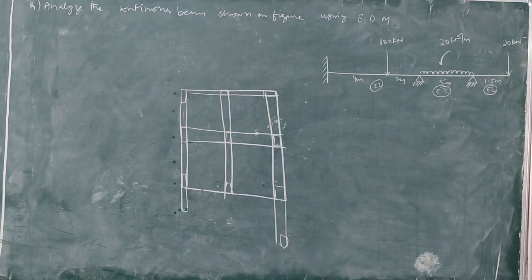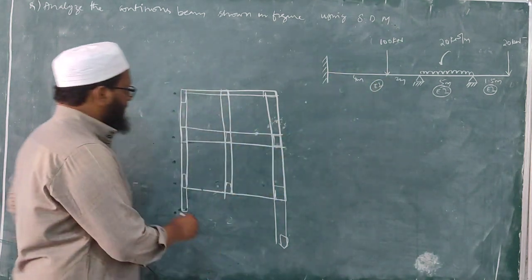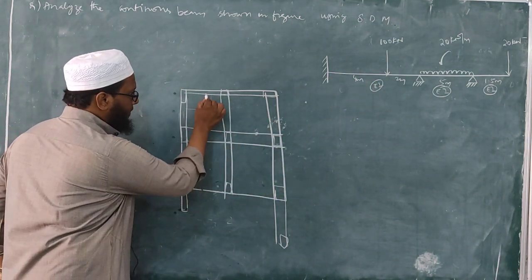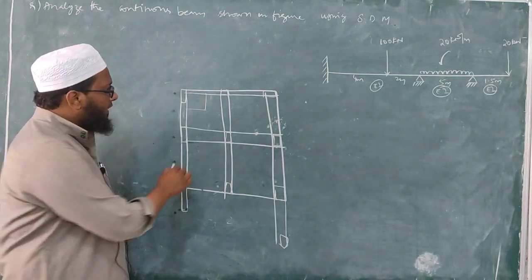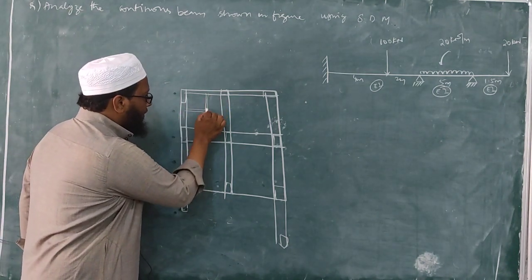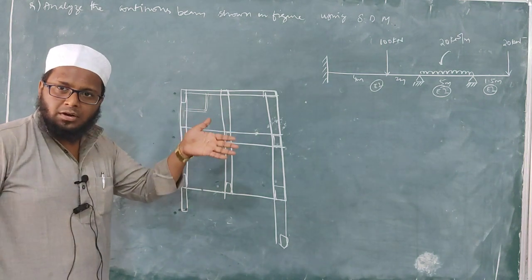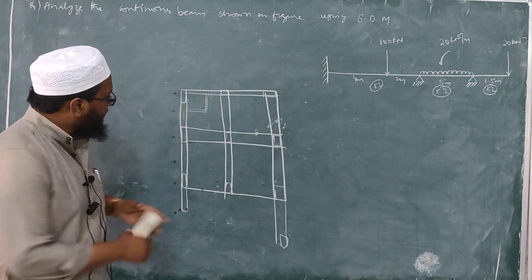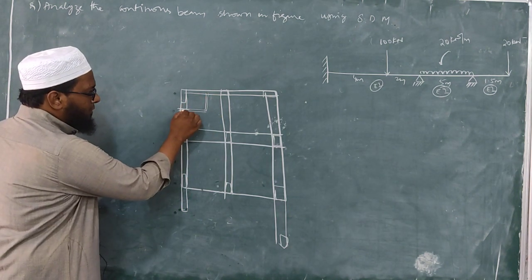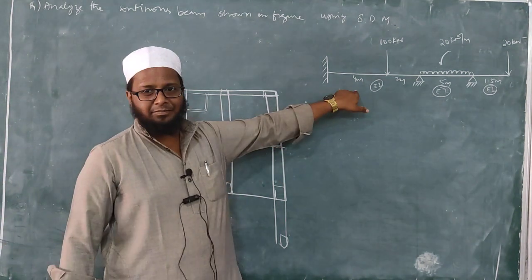So see here, we have a point load here. Sometimes what happens, we'll be having one toilet here. In the bedroom, we'll be having a toilet, isn't it? Because of that toilet, we'll be constructing a wall here. To bear the load of that wall, we will provide one beam here. So what is happening here, you see? There is one point load acting at that point, isn't it? That is what is happening here.